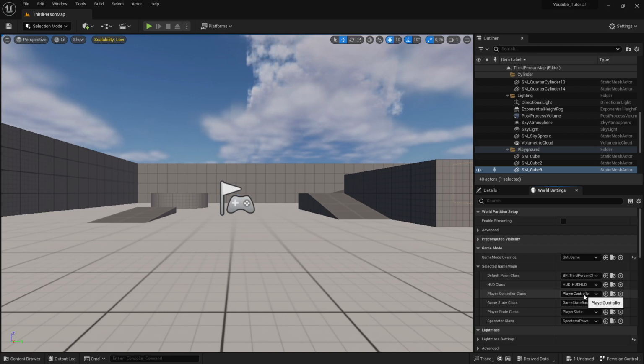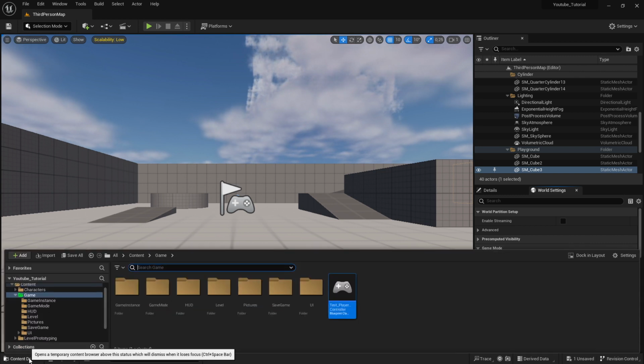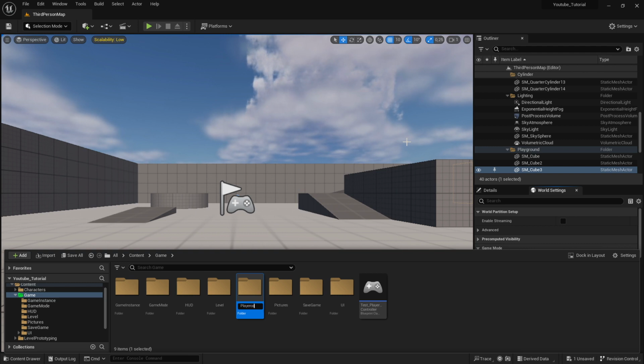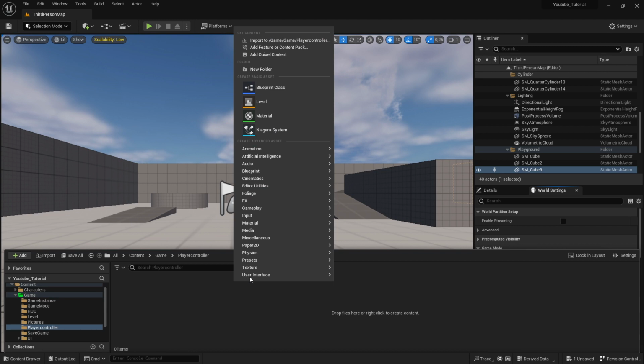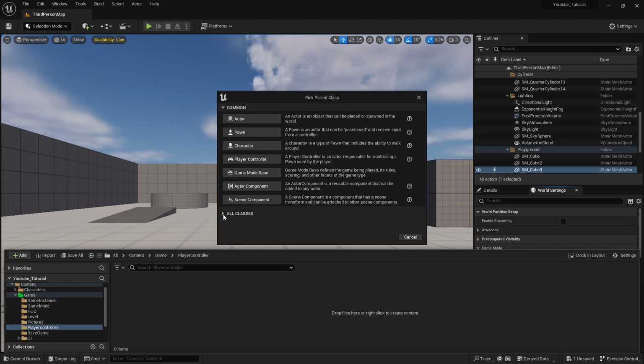It is probably defined in C++ and it's not available right now for us, but we can create our own player controller. And how we do this, let's create our own player controller. Let's open up here our production folder. Let's create a new folder. Let's call it player controller. And let's open this up, right click, and we go again to the blueprint classes,